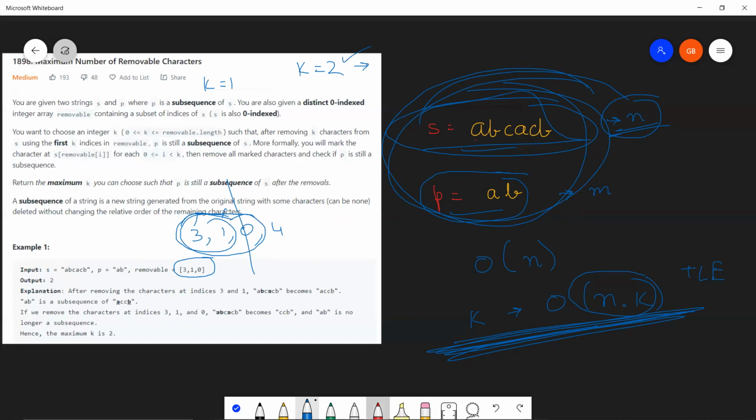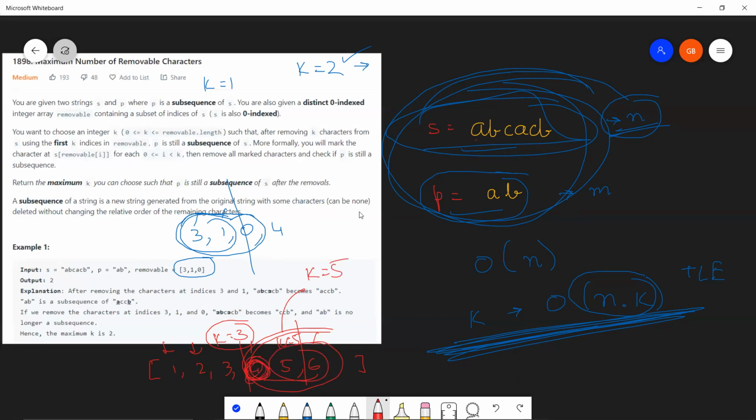Let me take this example a little longer so that you are able to actually appreciate the grasp of this. Now I'm taking 1, 2, 3, 4, 5, 6. You divided this array using binary search, and you found whether it is a subsequence or not for k equal to 3. If it's a subsequence for k equal to 3, we can say that it is a subsequence for k equal to 2 and k equal to 1. So now we have to look over k equal to 4, 5, and 6. Again, you will divide this into two parts. For k equal to 5, let me say this is not a subsequence. This means that you will discard this portion and you will consider this portion.